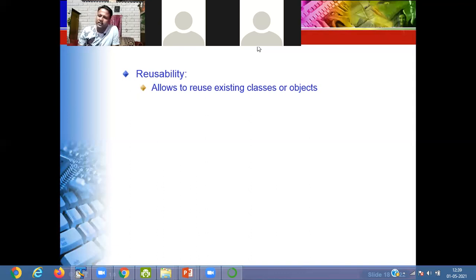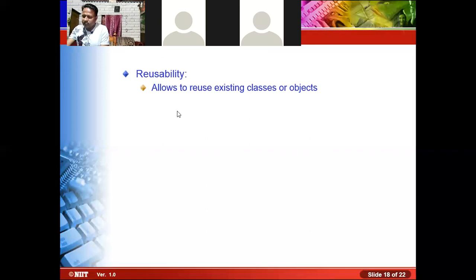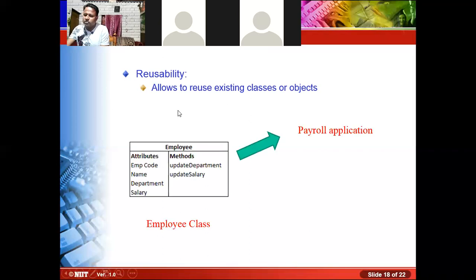By adding the new functionality, it was converted to Windows Professional, Basic to Professional, Ultimate. That means we are on the same platform, but we move to another version by using some additional feature. So you can say it is called reusability. It allows you to reuse the existing class.